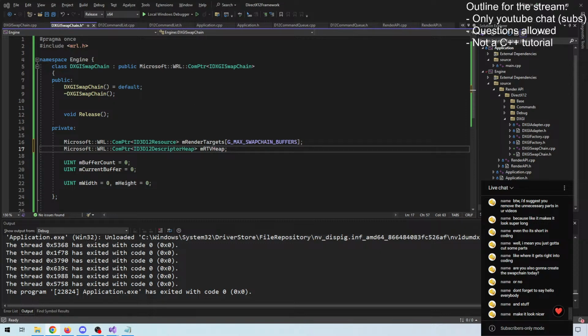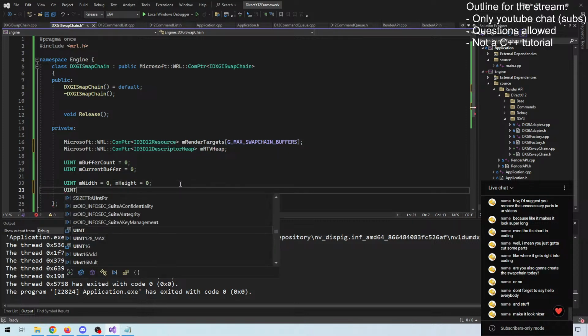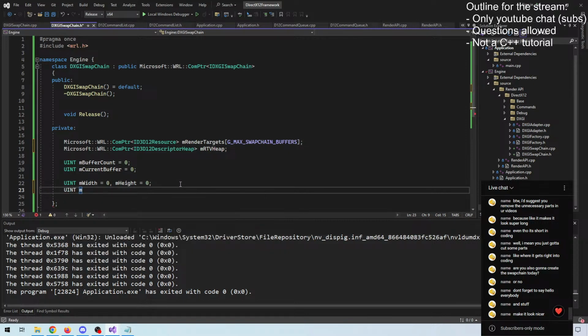All right. The thing is that the way that these things are stored differ from GPU vendor to GPU vendor. So we're not done pre-declaring values here. We also need to store